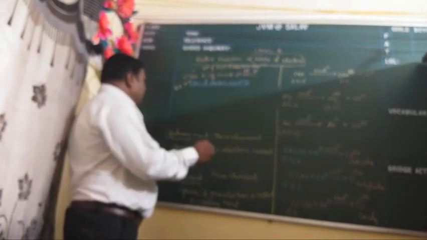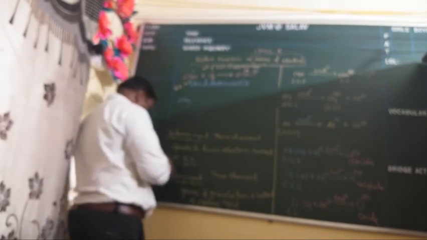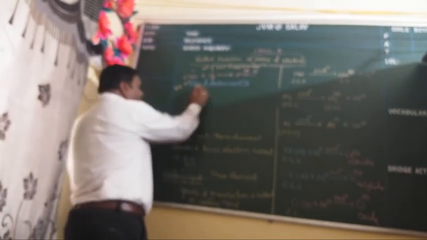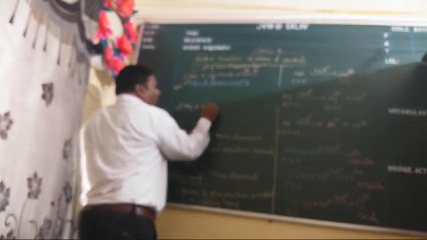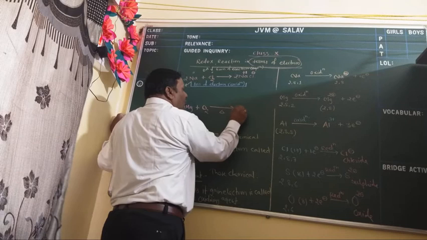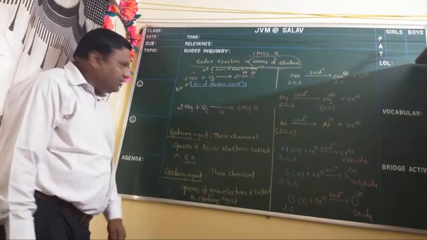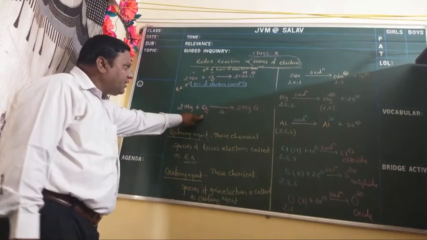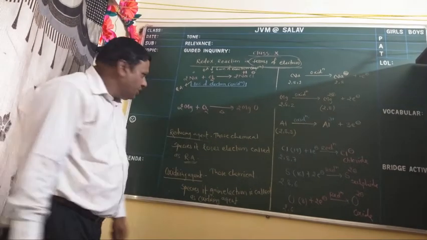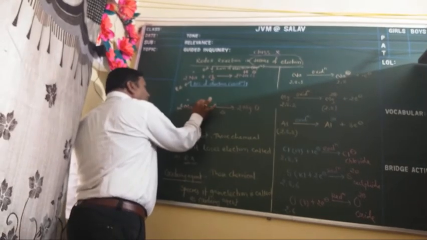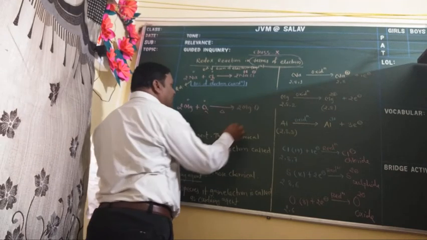Now we take another example. Suppose magnesium plus oxygen to get magnesium oxide. Now इसके पहले हमने क्या देखा था? ये सिंपल ऑक्सीडेशन है क्योंकि इसमें क्या हो रहा है? एडिशन ऑफ ऑक्सीजन. But if we talk in terms of electrons,